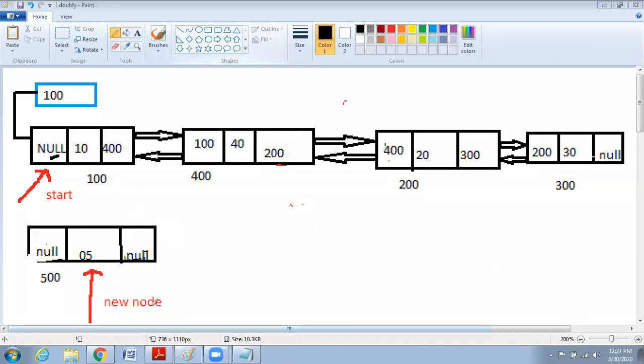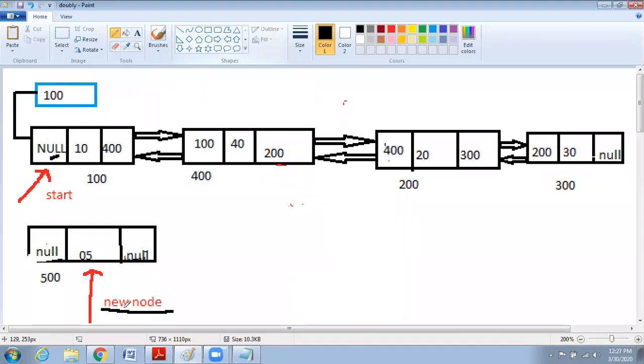That is 500, where can I get it? From the new node, because the new node is 500. Correct. I'm sorry, new node's right equal to start. Also, start's left equal to new node.